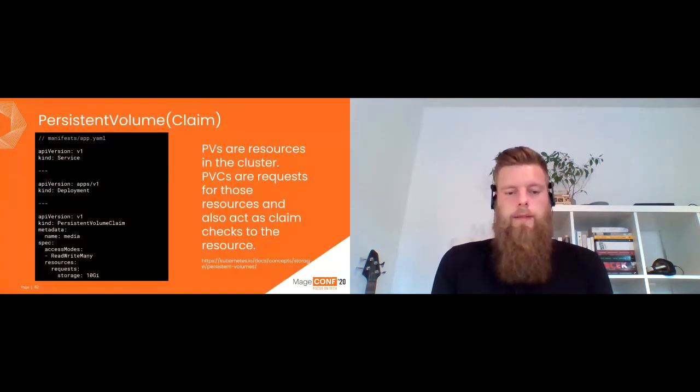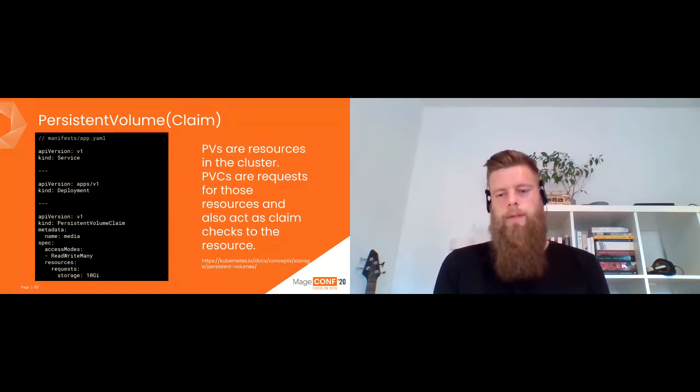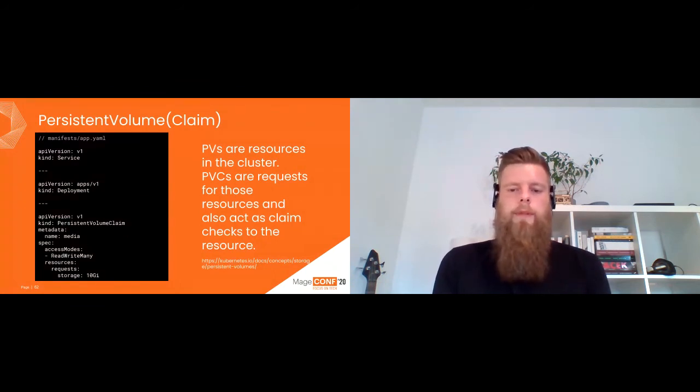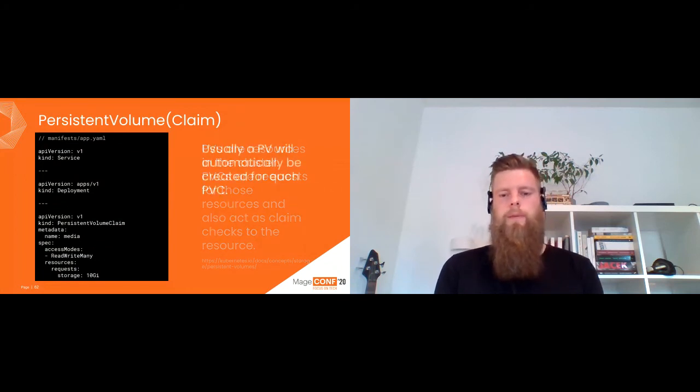Okay, next up, we need some volumes. To have volumes attached to containers, we need to first create them. Volumes in Kubernetes are controlled by persistent volumes, by the persistent volume type resource. So these are the actual resources in the cluster, the actual storage, and we also have persistent volume claims, which are